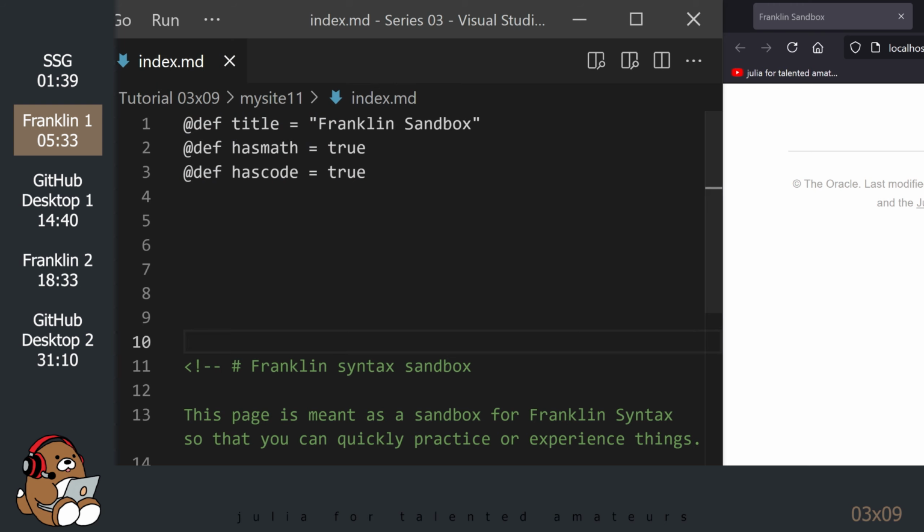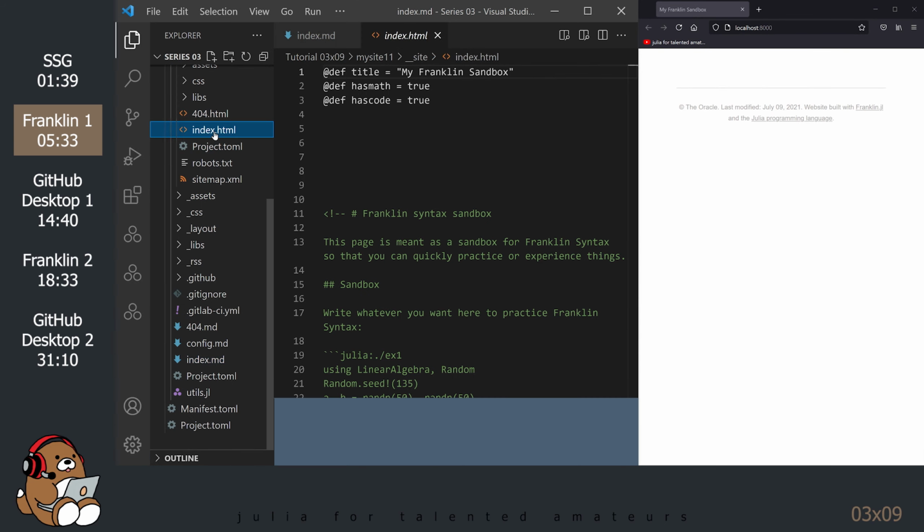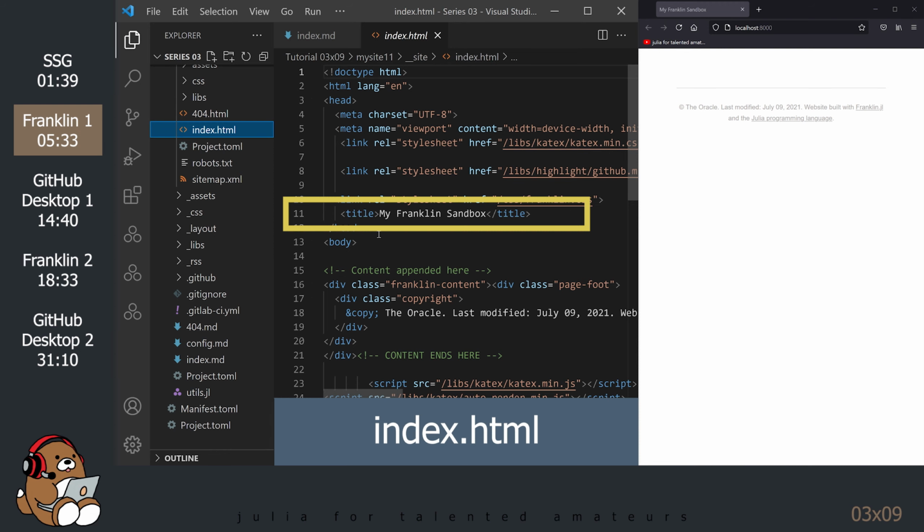For now, change the value of the page variable named title into whatever you like. I'm going with something simple, like My Franklin Sandbox. After saving your file, notice that the title in your document changed in the Browser tab. Also notice that the title element has updated automatically in the index.html file.